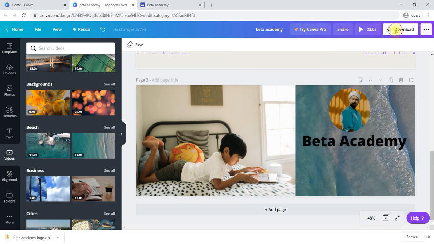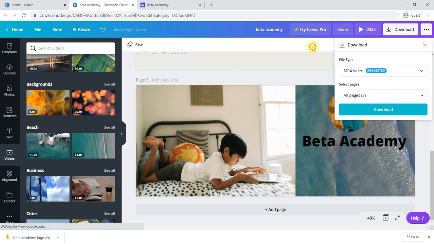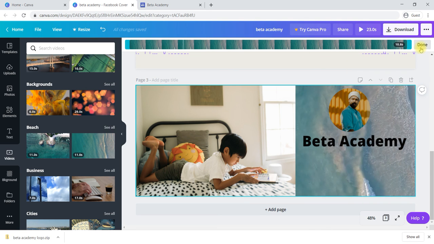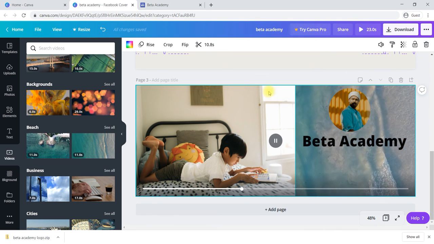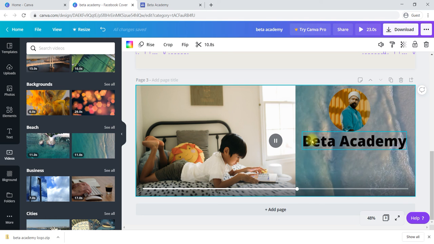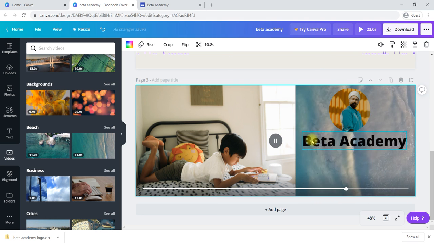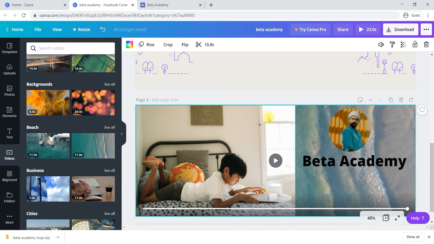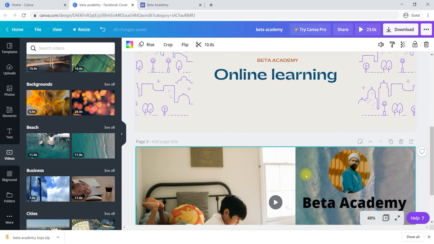For download, you can download from here. For animation, if you would like to change the animation, you can use this one. And you can crop the number of seconds, you can change it by using the crop option. So this is the way we can use videos, images, frames, and text to create your own banner.